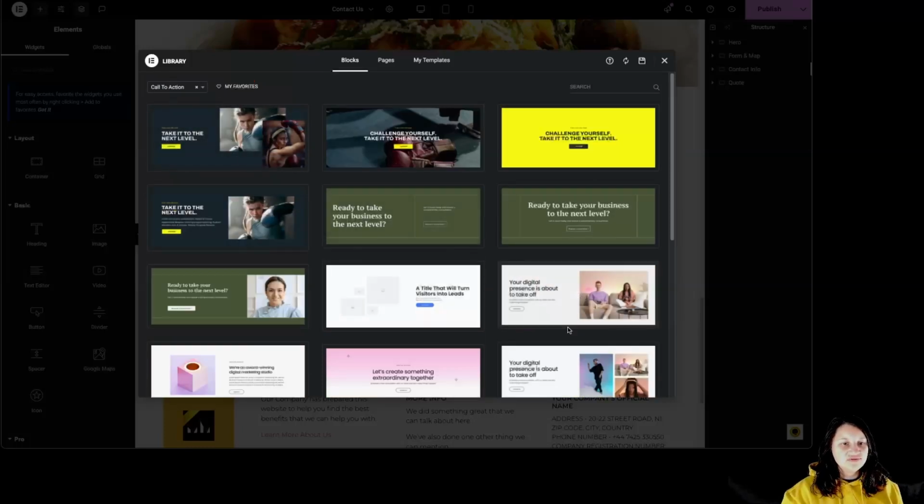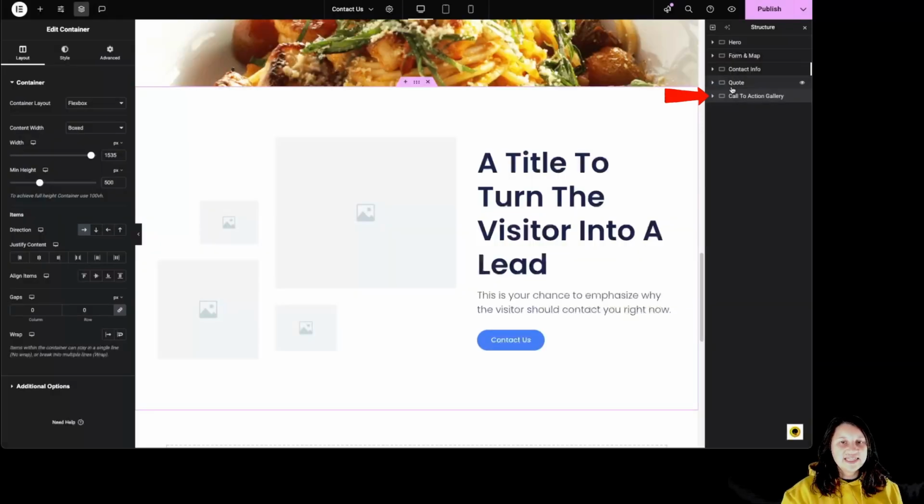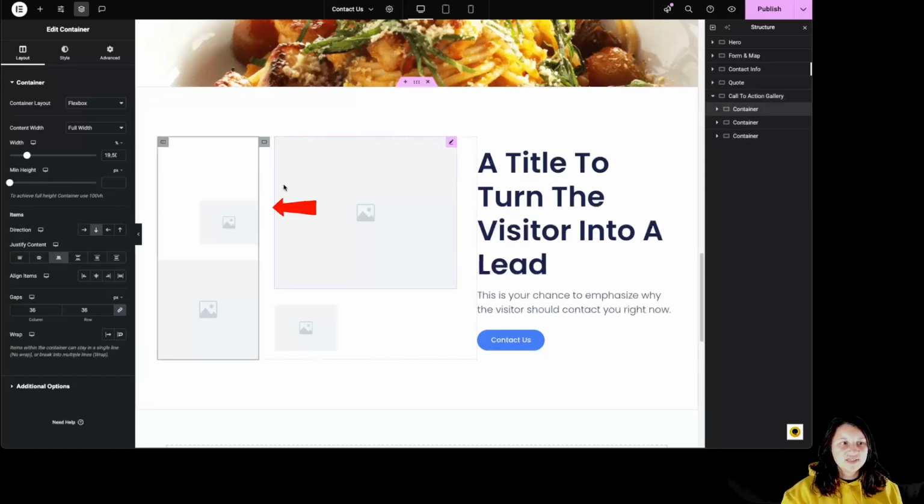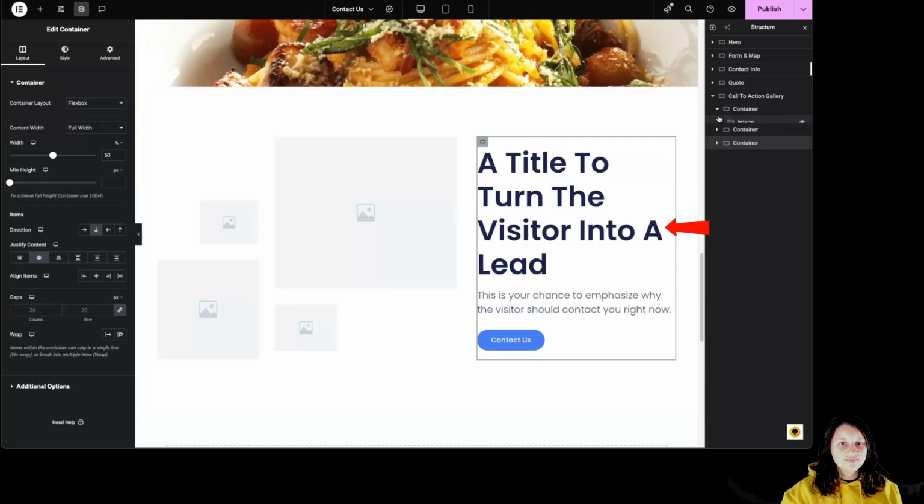When we like one from over here, we simply have to click on insert. Then we can see the new section over here. Let's click on this arrow. It has two containers. The first container is this one, second one is this one, and the third one is this one. This one has two images, this one has two images as well, and this one has a call